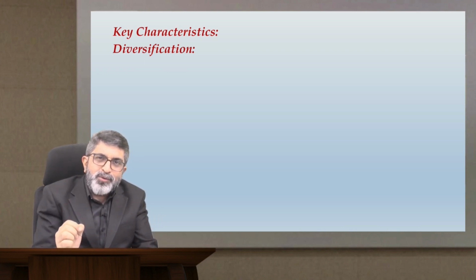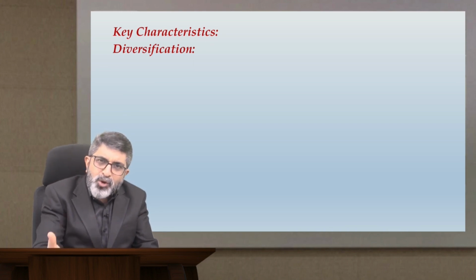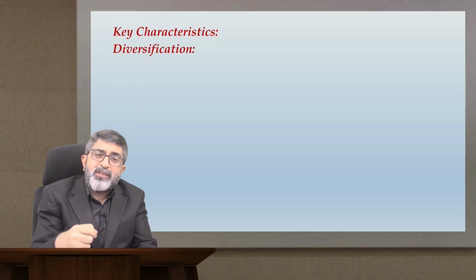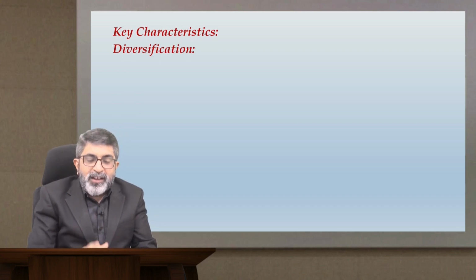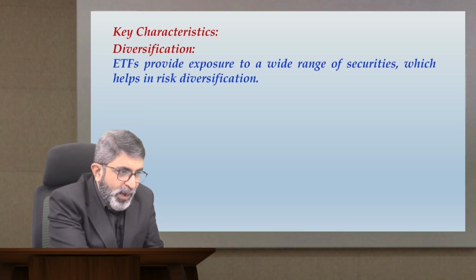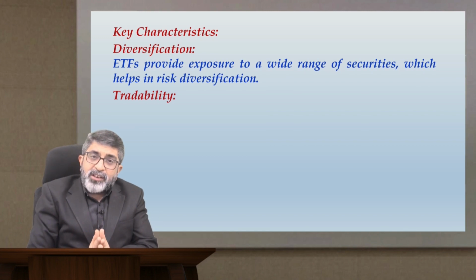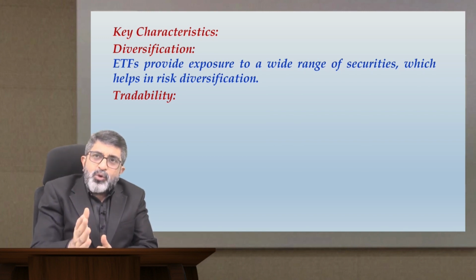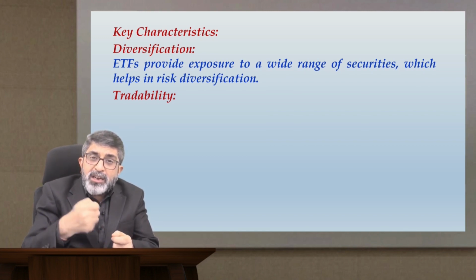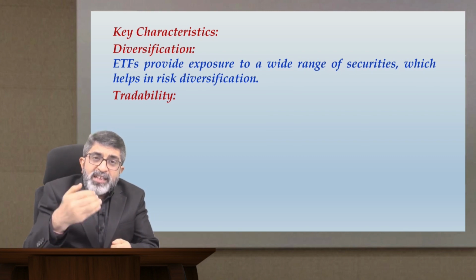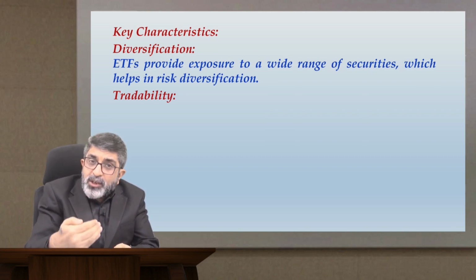You just need to buy some units of that, as many units as you want to buy, depending upon your investment requirement and your investment objective. So diversification is one big characteristic. Tradability is another characteristic. Now what happens, when you are finding it convenient to trade these units, that is units of